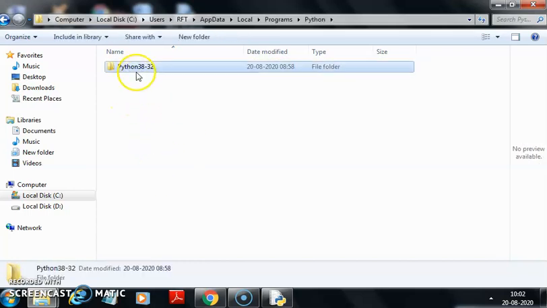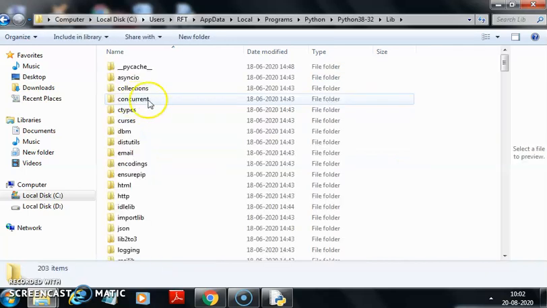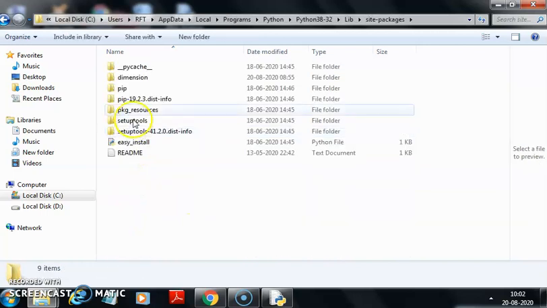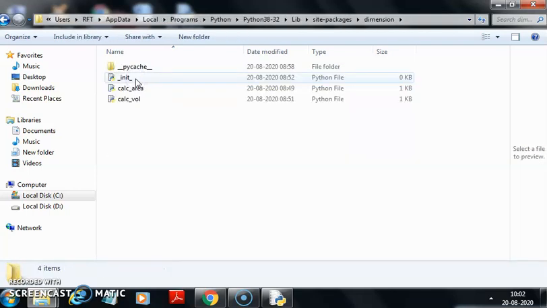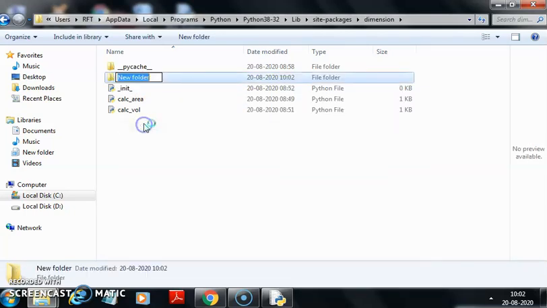My site-packages folder is present within lib, and I found it. So see, dimension is the package that I made in the last video. So I am going to make a sub package this time. So I am going to go inside this folder and create a new folder here, which will be my sub package. I am naming it sub_dimension. So this is the name of my sub package.